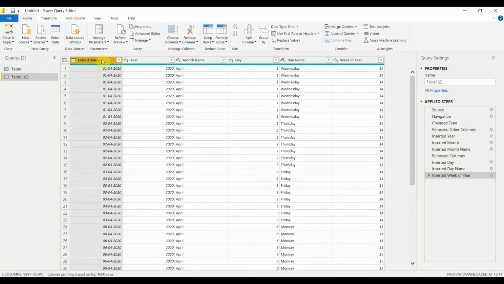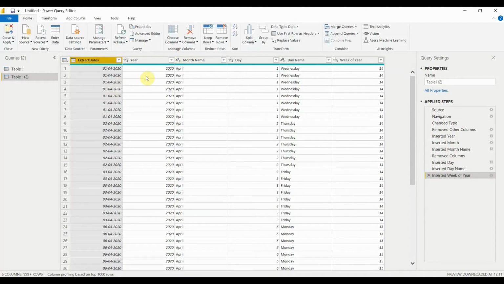Okay, so let's see how we can add a column, how we can reorder the column, and how we can delete or remove the column from Power BI Desktop. A very simple procedure to do it. The very first thing is, we have a table which says dates. This column may look ordered or unordered, depending on the way you look at your data. I want to reorder this column. First I want the day of the month, then the month name, and then the year. This is how I want to reorder my columns.